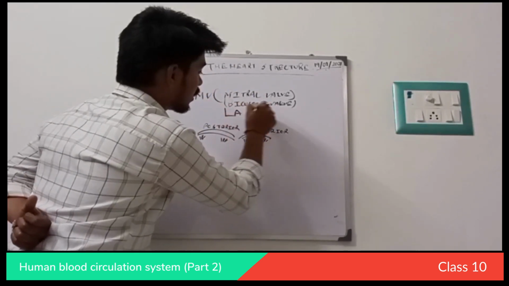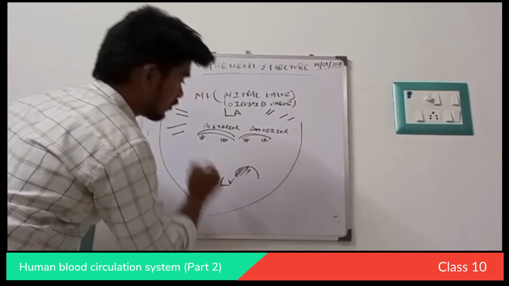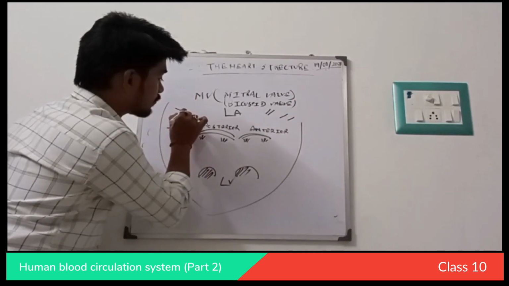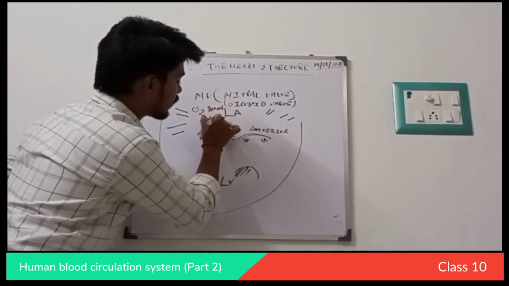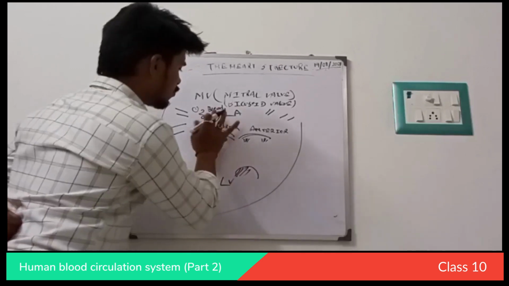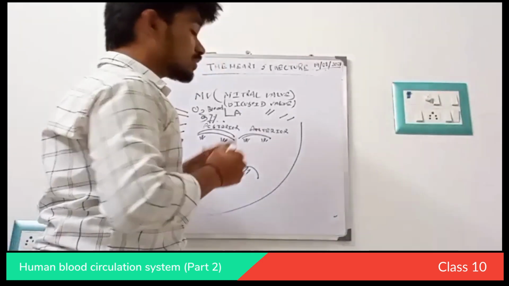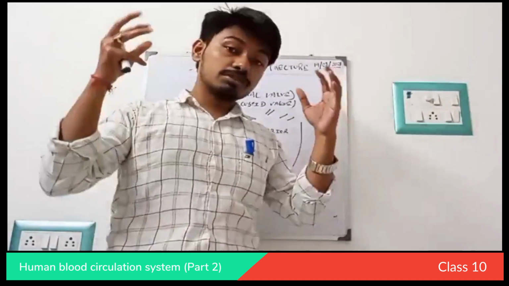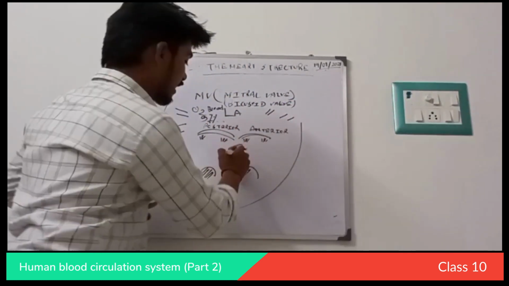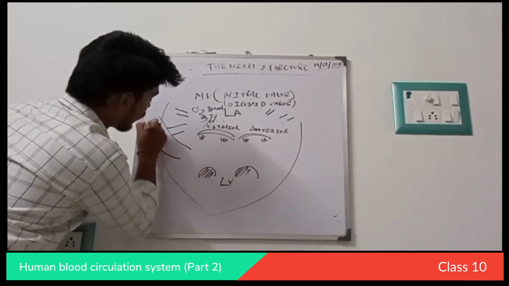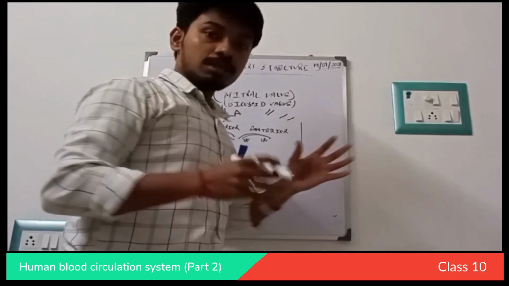It is the LA over there. It is the pulmonary veins, left superior and left inferior. So the oxygenated blood is coming. How much oxygenated blood? It is around 95% oxygenated blood, not 97%, because most of the oxygenated blood is over there, with a high amount of oxygen in the left side, the LA area. After that, it comes to the LV, and it is going towards the aorta. The aorta is over there, like that.